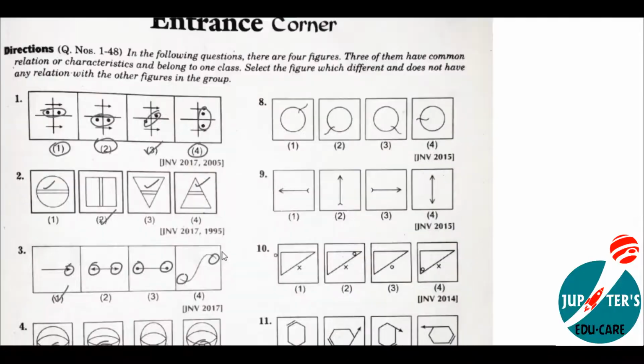Next, question number 8. To complete this question, we already know the logic figure; I will draw it here. We know this figure. We have four sides in this figure. The first figure is showing in this direction, the second one in this direction, the third one in this direction, and the fourth one in this direction. But we don't have that figure in the given options. So, this will be our answer in this question.